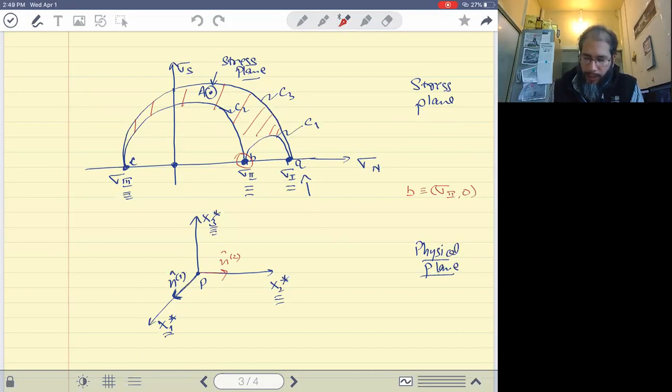Now, similarly, point C, which has coordinates sigma 3 comma 0, corresponds to n3. Yeah, and that's obvious because we're talking about the eigen directions. In eigen directions, we have only normal stresses, no shear stresses. So any point on the x-axis of the stress plane, which is on the sigma n axis, corresponds to an eigen direction. And we only have 3 points, A, B, and C, in the feasible stress region, which fall on